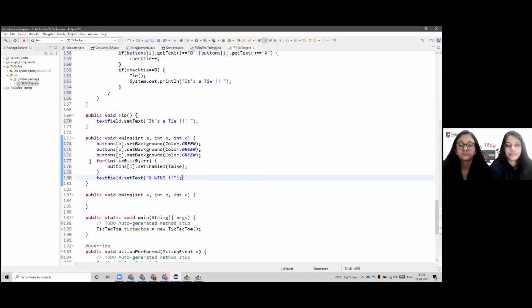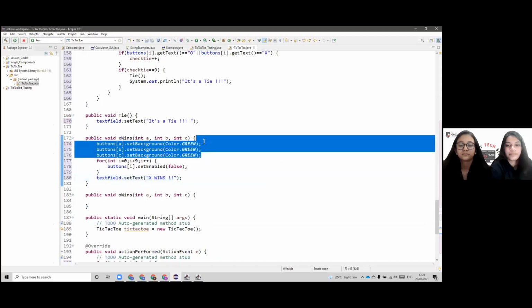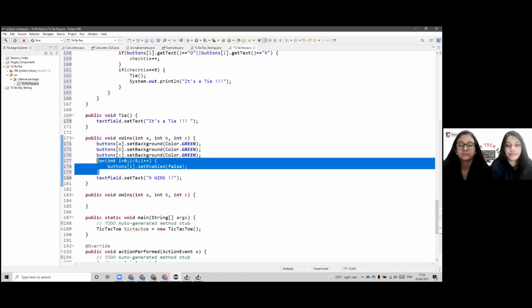We need to indicate that the player X has won. So one thing that we can do is change the background color of the winning combination of buttons. So let us type in, and this is going to be passed in as an argument. And we are going to set the background color to maybe dark green. Okay. And we want to disable all buttons so people cannot keep playing.